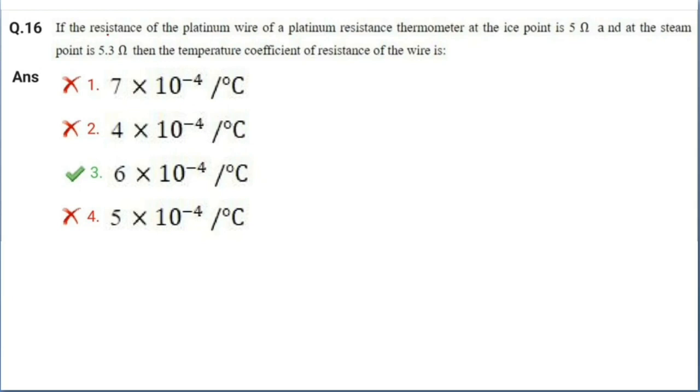Next question, question number 16. If the resistance of the platinum wire of a platinum resistance thermometer at the ice point is 5 ohm and at the steam point is 5.3 ohm, then the temperature coefficient of resistance of the wire is. There is a formula for calculating the temperature coefficient if two different point resistances are given. Let the ice point resistance be R0, or R at 0 degree, so R0 is equal to 5 ohm. Then at the steam point, at some temperature T, let the steam point be 100 degree,